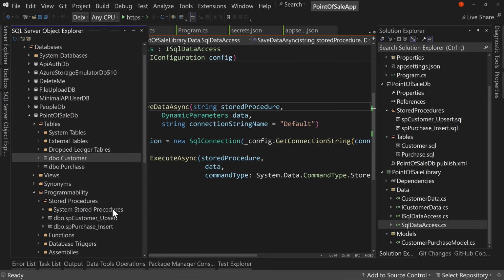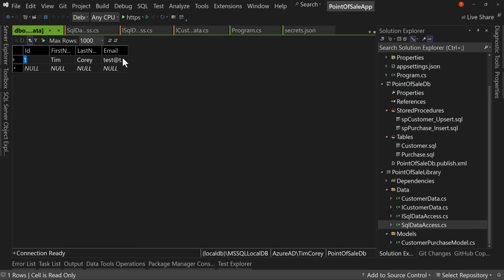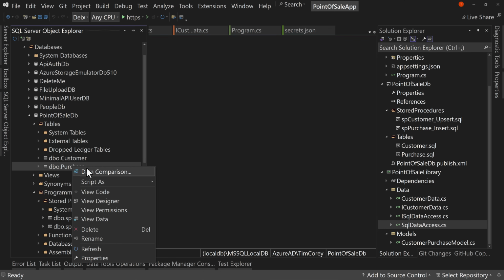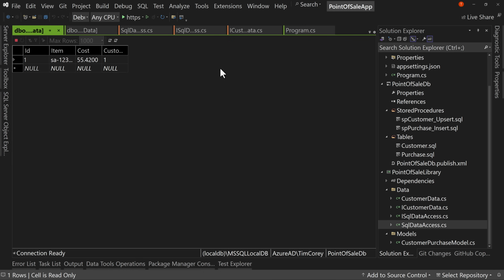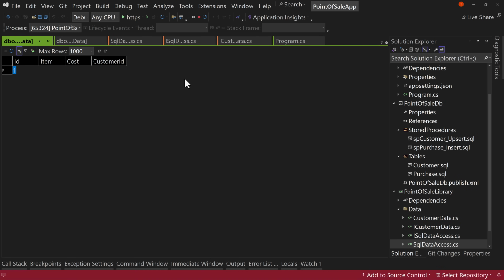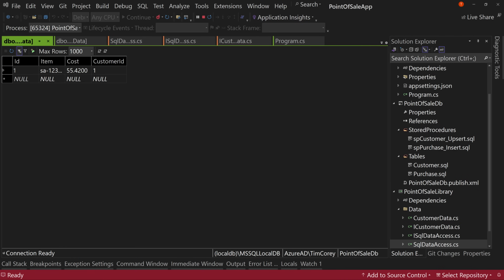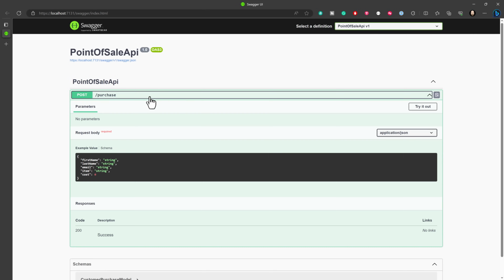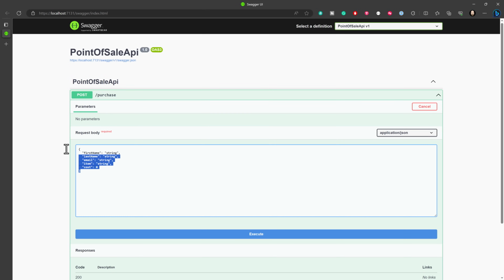So let's view the data. And this time we have data in here. Very cool. So we have data for that first table, and let's view data on a second table. And notice the customer ID is in here as well. Now, what we do is we test it a few more times. So the first thing I'm going to do, I'm going to run this again, try it out, paste it in again. This time I'm going to change this to